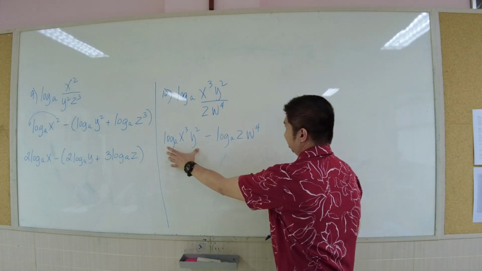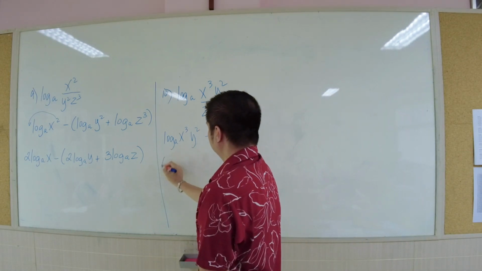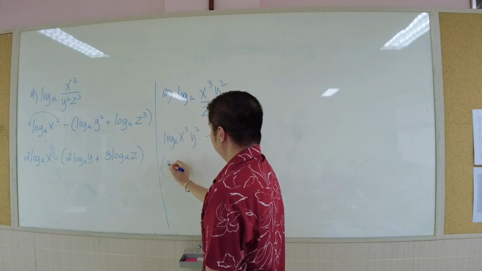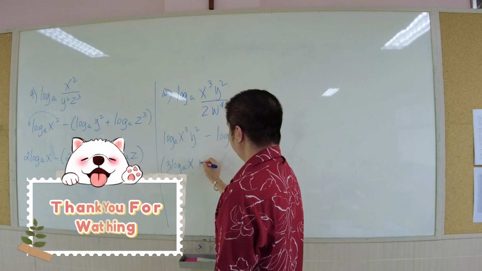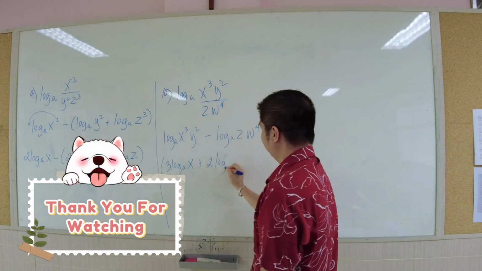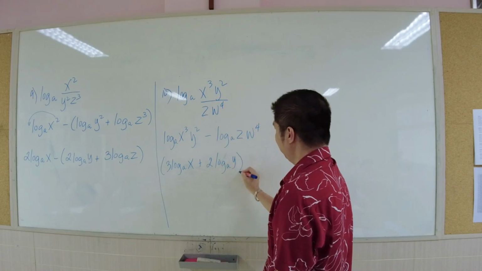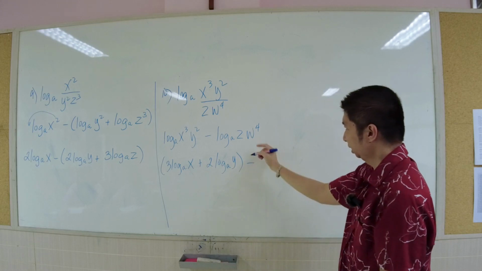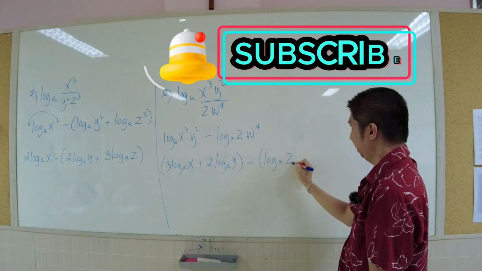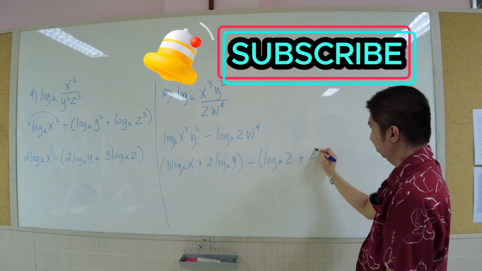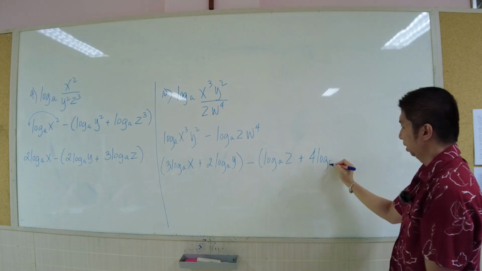Okay, this 2. So we have 3 logarithm of x plus 2 logarithm of y base of a minus logarithm of z plus 4 logarithm of